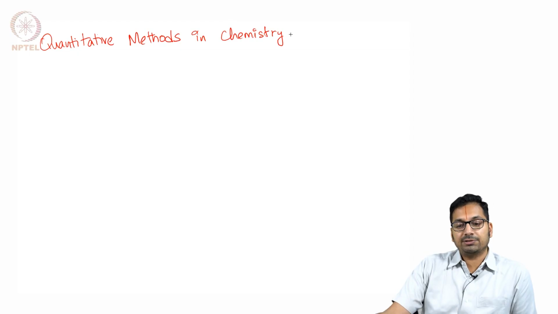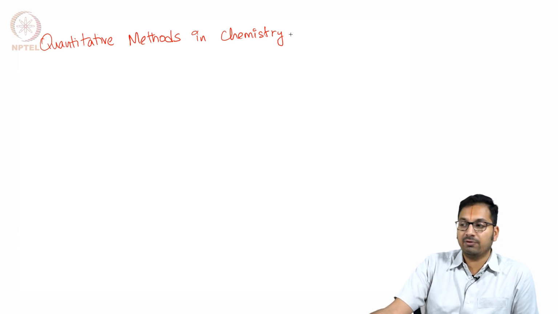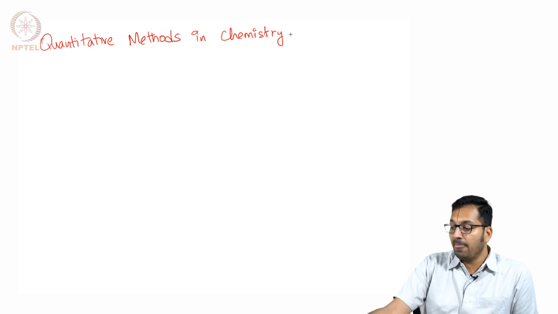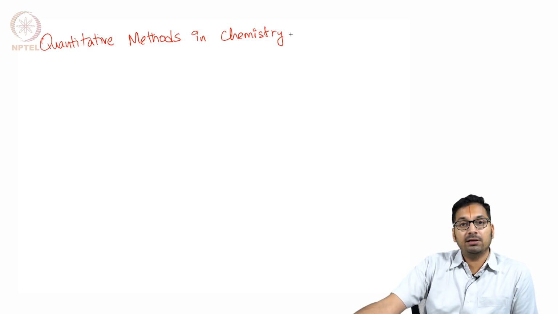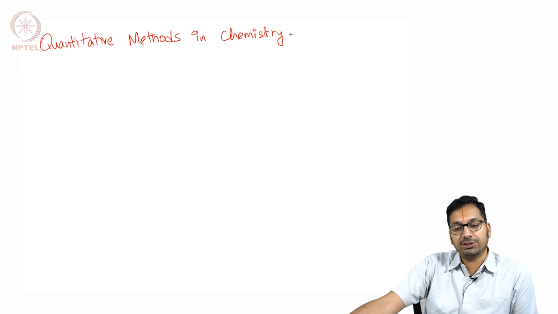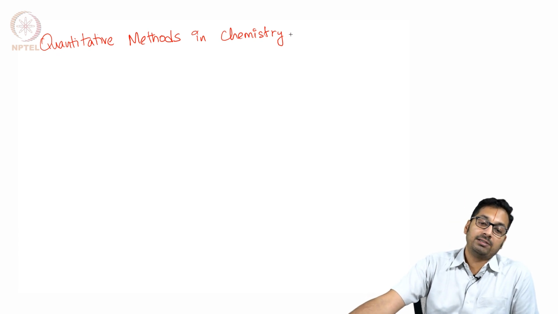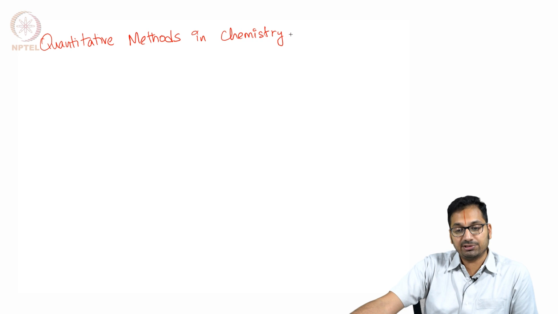Welcome back to the lecture series in quantitative methods in chemistry. We are entering into the third week. The first week we saw how to quantitate concentration of different chemicals and different units that we would end up using. And in the next week we started to understand how measurement uncertainties look in data and how to understand them in terms of mean, standard deviation, and also how the uncertainty in each of the measurements that you might end up doing would result in an overall uncertainty in a final measurement.